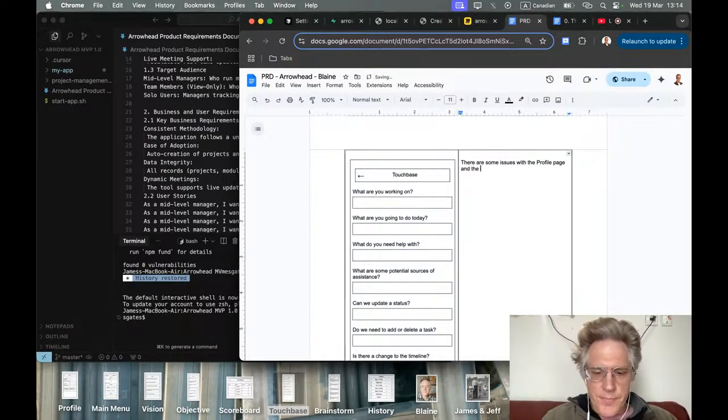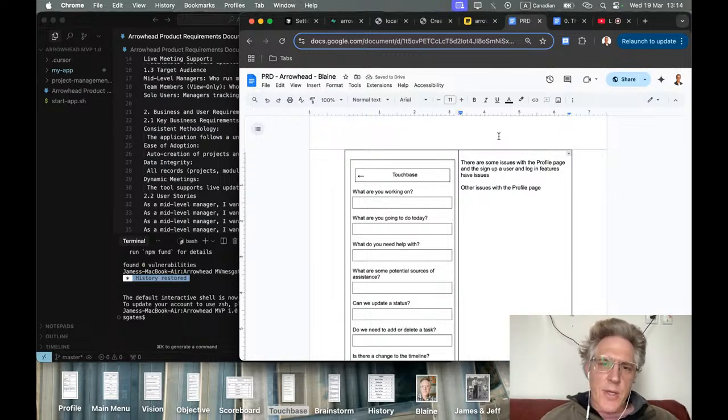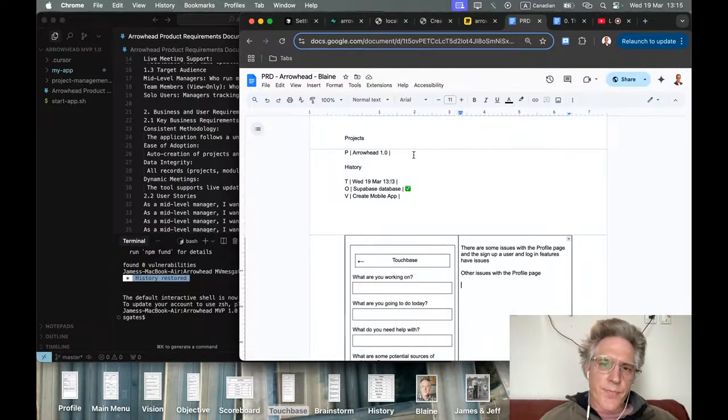And the sign up user and login features have issues. Other issues with the profile page. And then when I was creating the PRD, there's an essential issue, which is, let's say that